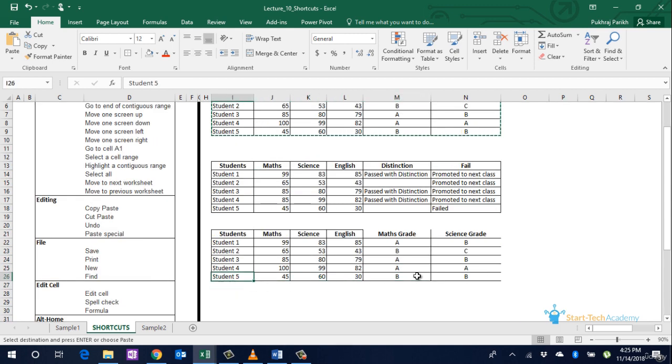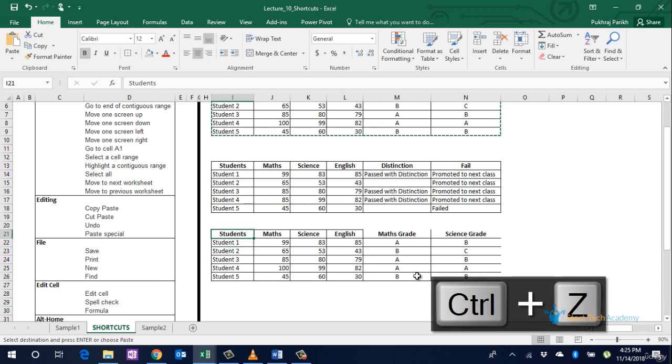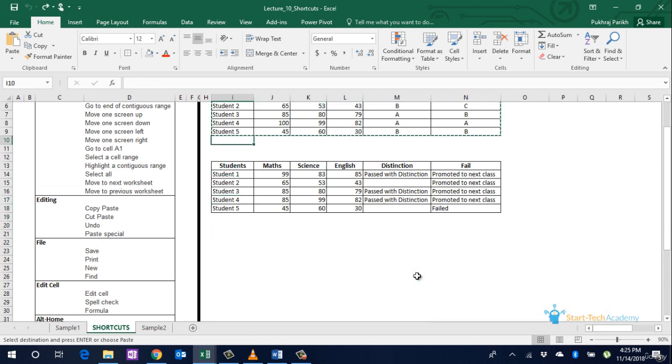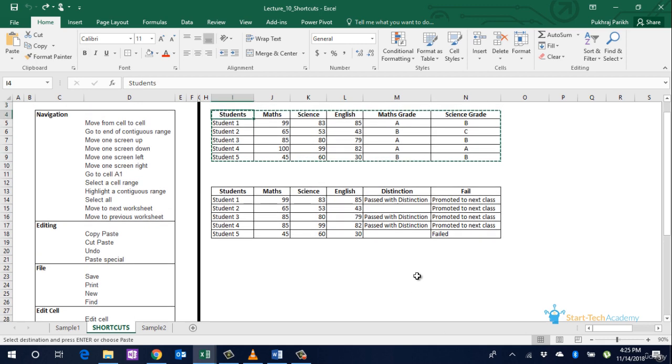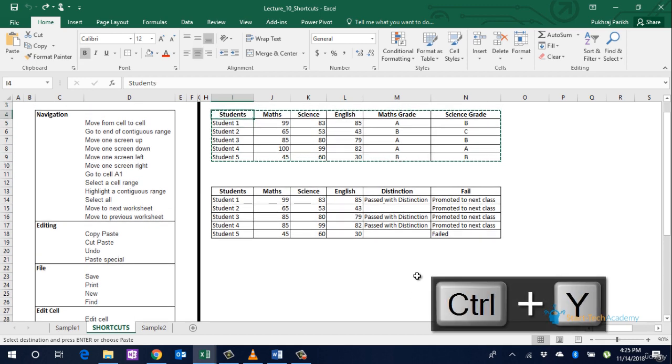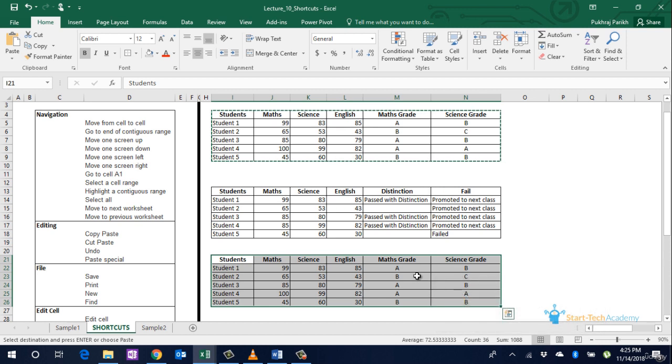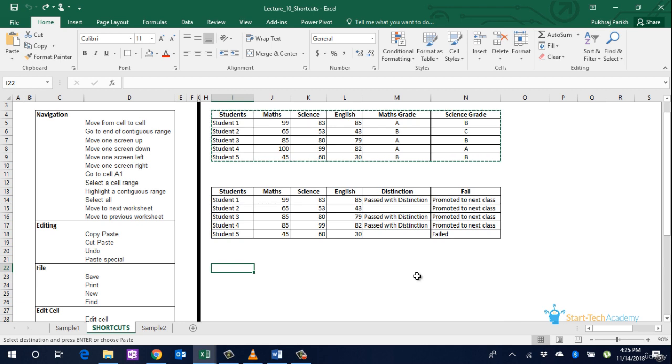If you undo this, Control Z, and if you want to redo it, you can tap Control Y. So that's undo and redo for you. We'll undo this. I have copied that table,